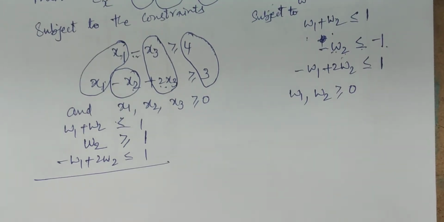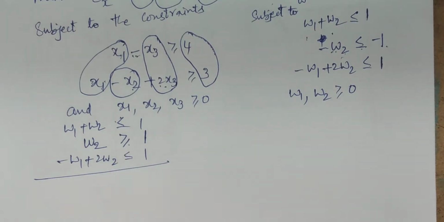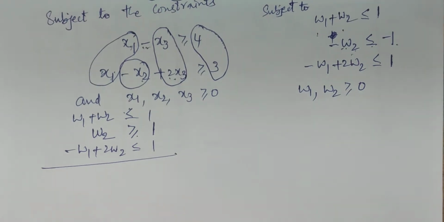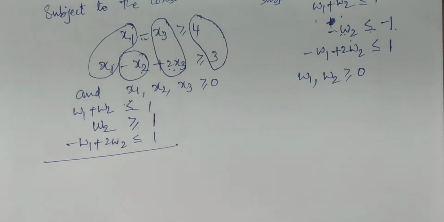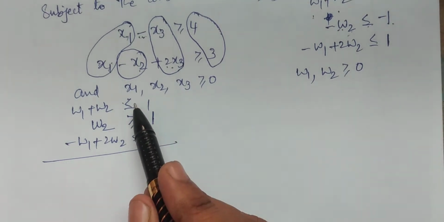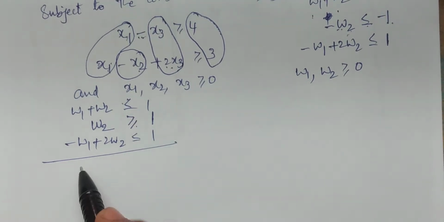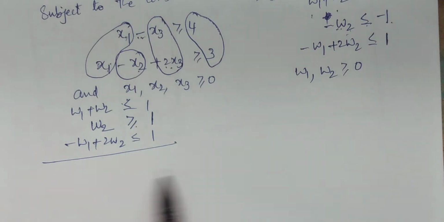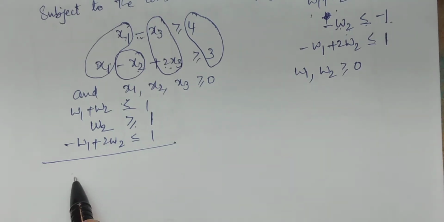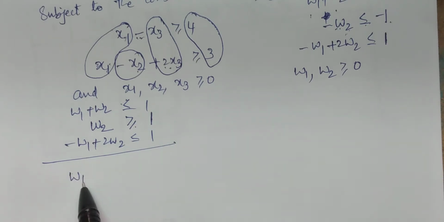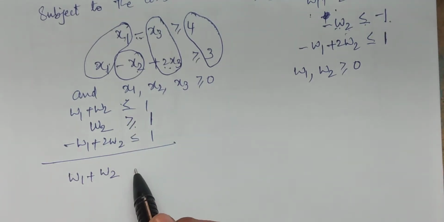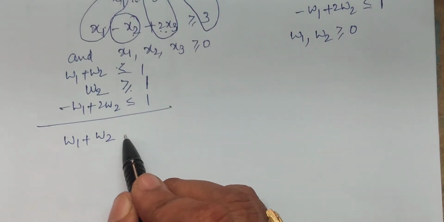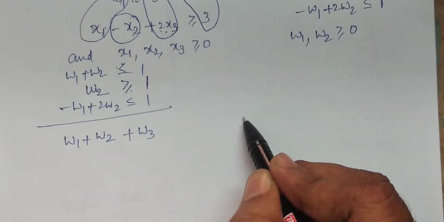Now what is required here? Because there is one greater than or equal to constraint, we have to introduce either the Big M method or the 2-phase method. We have to use an artificial variable technique and then solve this LPP, right? First of all I am introducing slack and surplus variables wherever necessary. For the omega 1 plus omega 2 less than or equal to constraint, I introduce a slack variable: omega 1 plus omega 2 plus omega 3 equals 1.